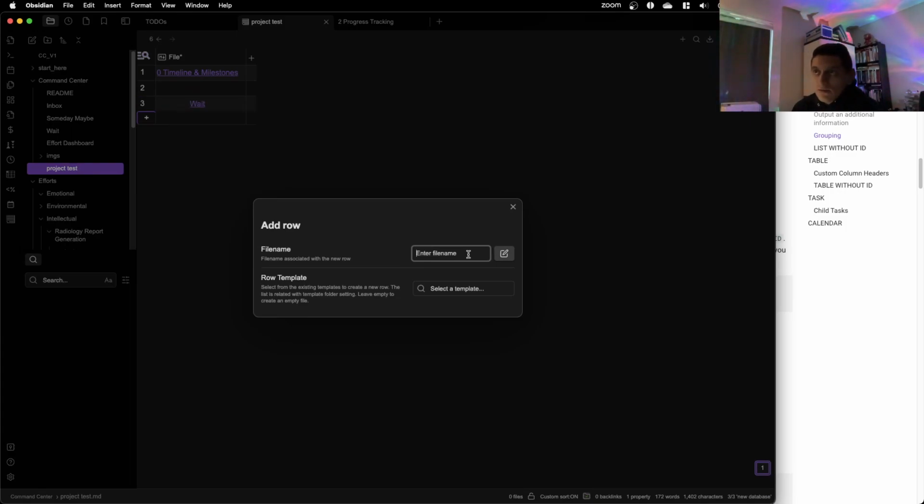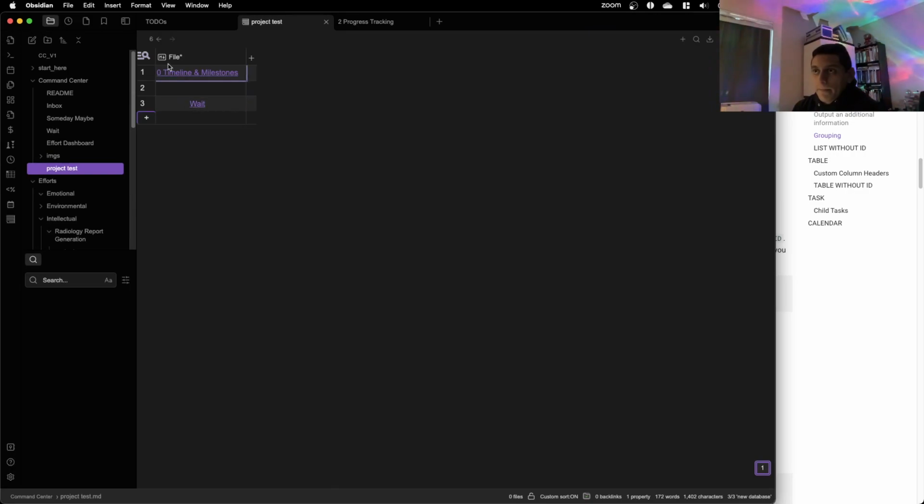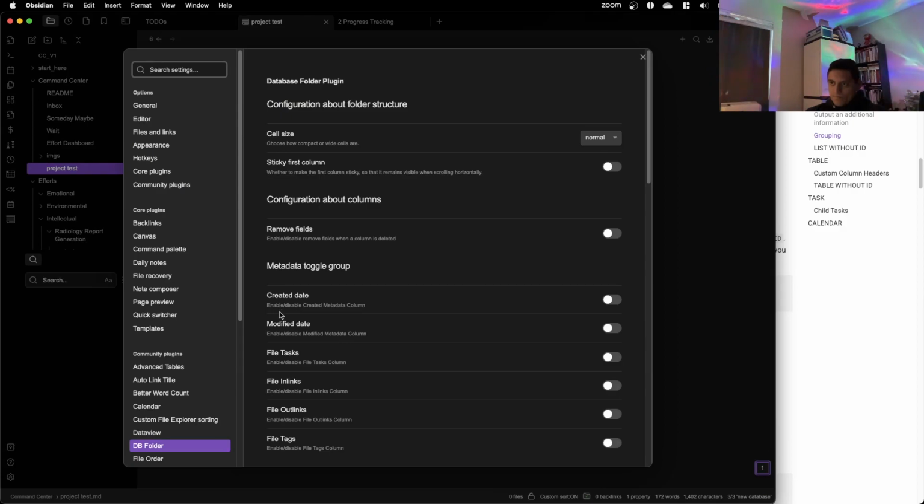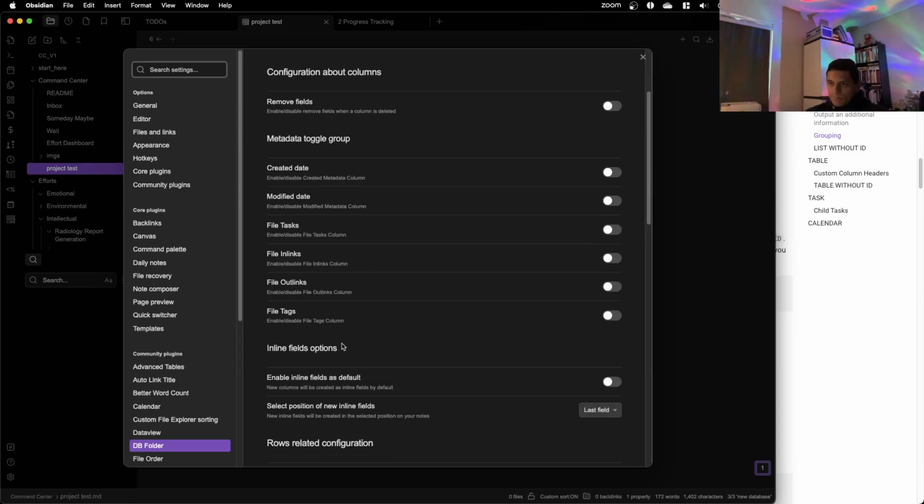Wait. So we can have empty rows. But I don't know that I like that either. What's the other option?